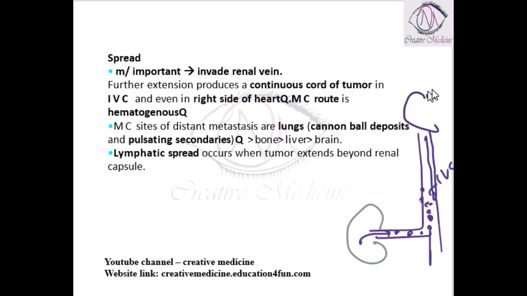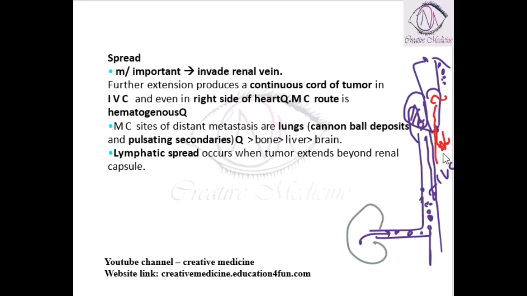which will drain into the heart. So it goes into the right side of the heart, and from the right side of the heart, through the pulmonary artery, it goes to the lungs. So you will see secondaries in the lungs also. From the lungs again, the oxygenated blood will go into the left side of the heart. From the heart, it goes to the aorta, and from the aorta,